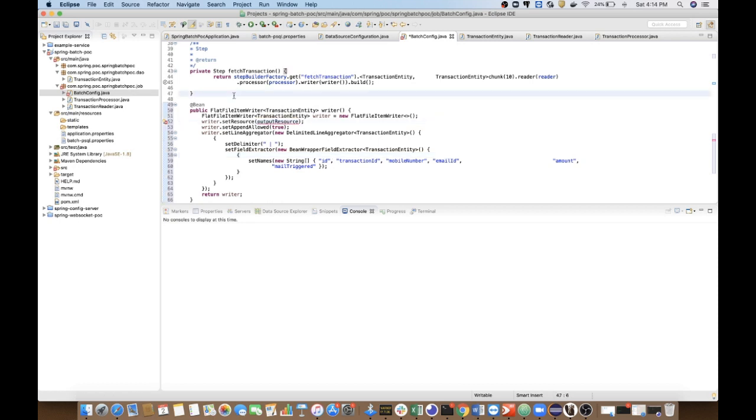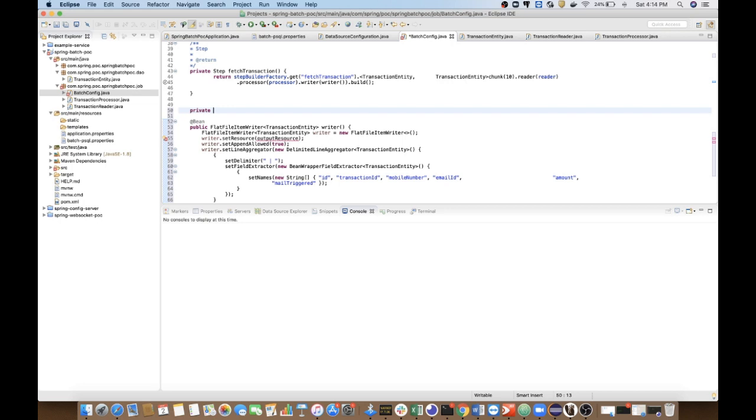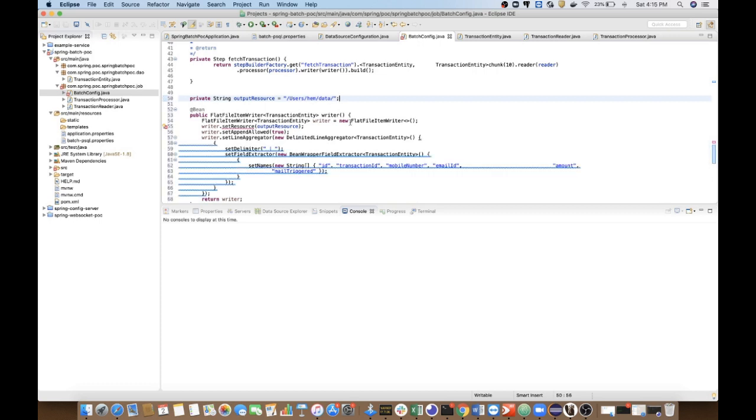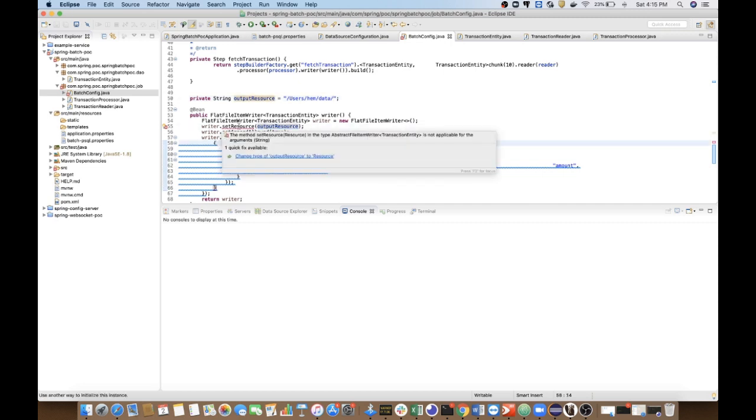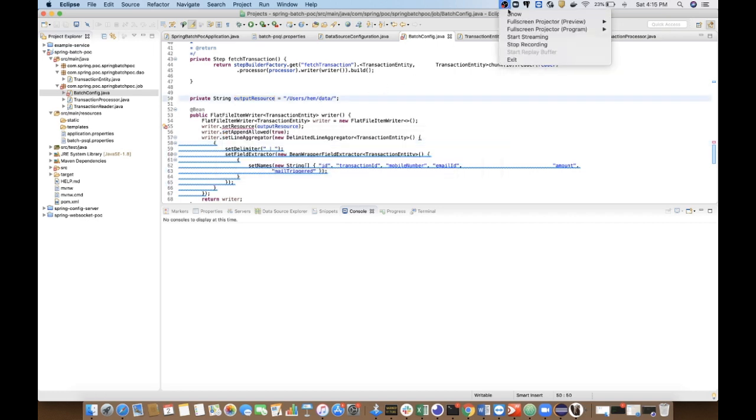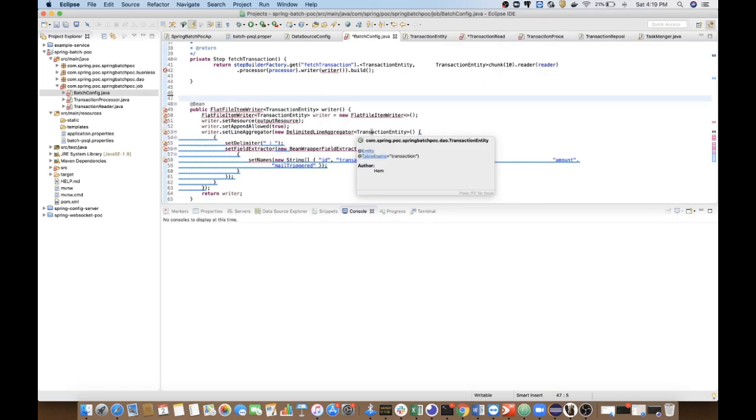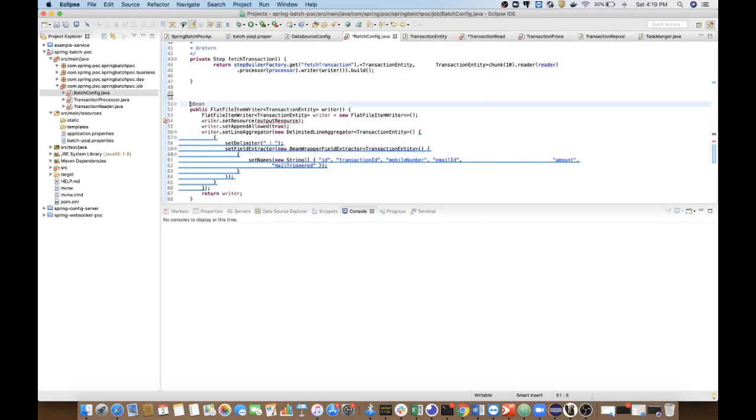Okay, this is a source file, private string /user/data. This is the output where our transaction file has to be written. So this is the flat file item writer.